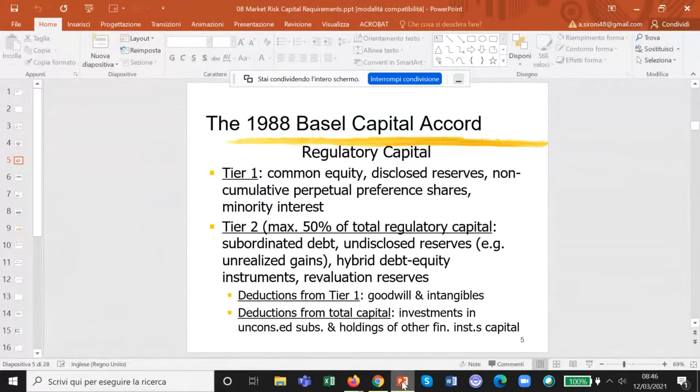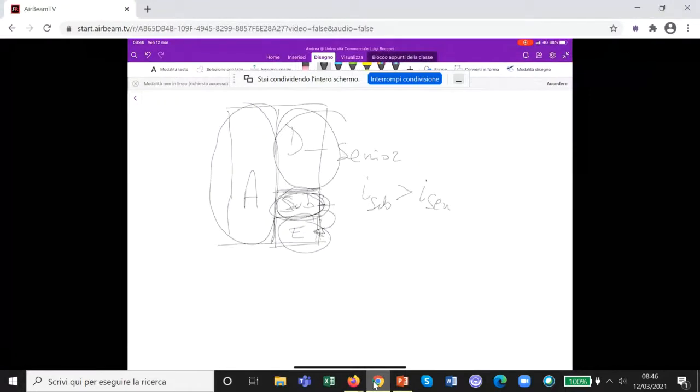Now, when we look at a bank balance sheet, if we want to impose capital requirements like here, the reason we do that is because basically we want to protect the depositors, because people who deposit money in a bank typically are doing that based on trust. I mean, they don't look at the creditworthiness of the bank, okay? So we want to protect depositors, and depositors typically are senior debt holders, okay?